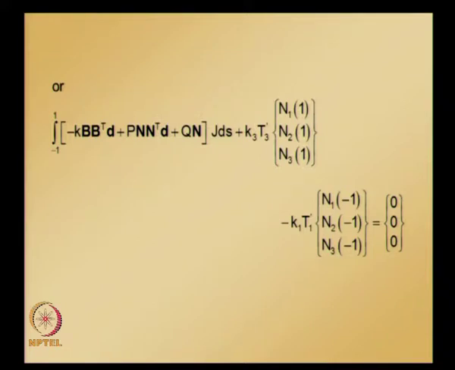And from the natural boundary conditions that are given, we can further write k3 times T3 prime and k1 times T1 prime in terms of alphas and betas,